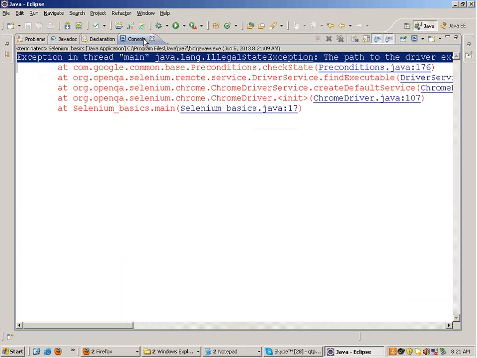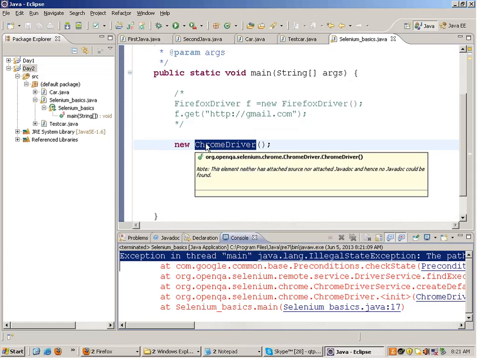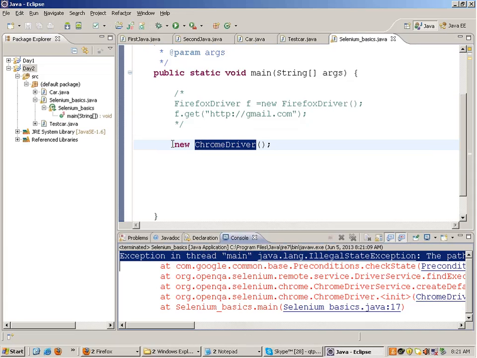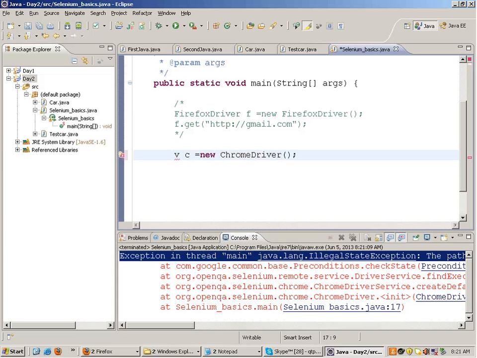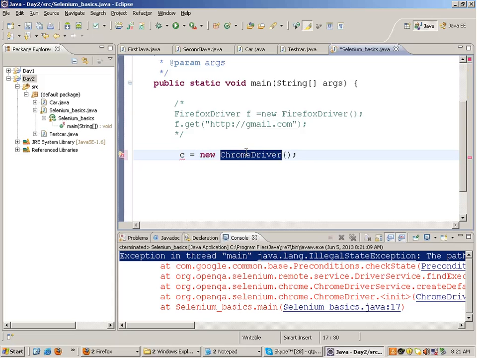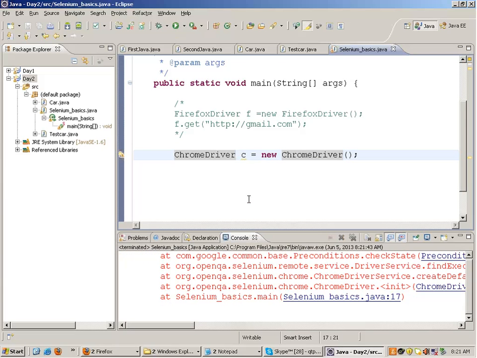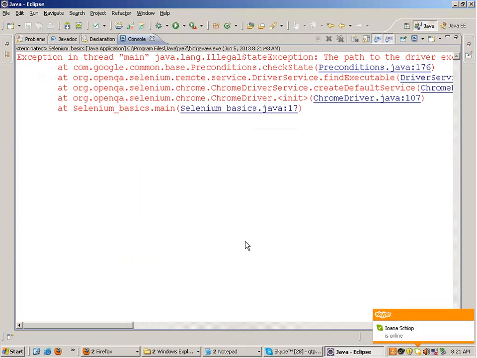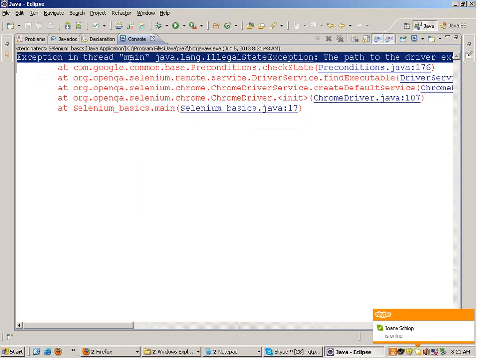Even if I give the reference like Chrome driver C equals new Chrome driver, even if I run after this, you get an error. Now, whenever you get an error like this, don't get confused. Okay, copy the first line,